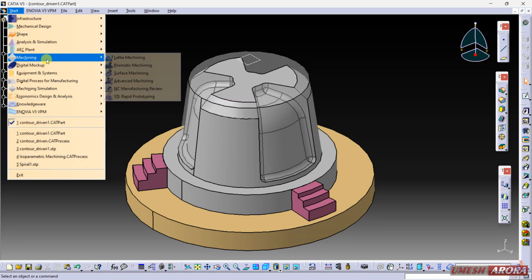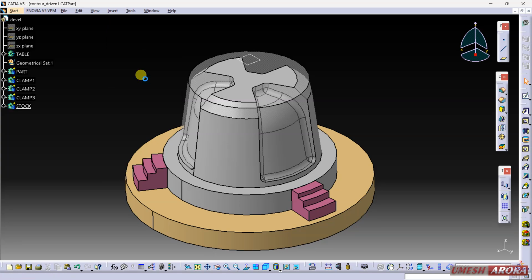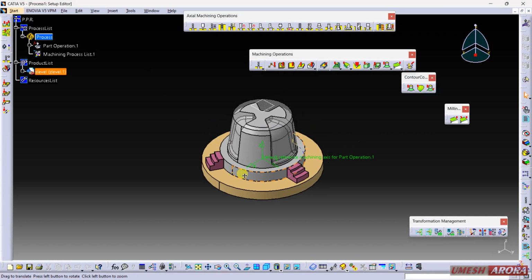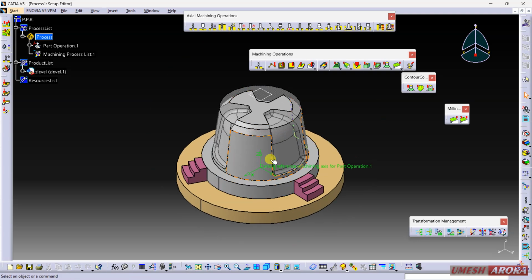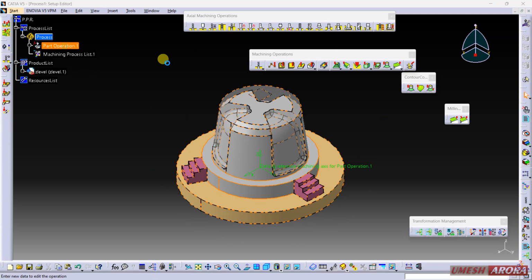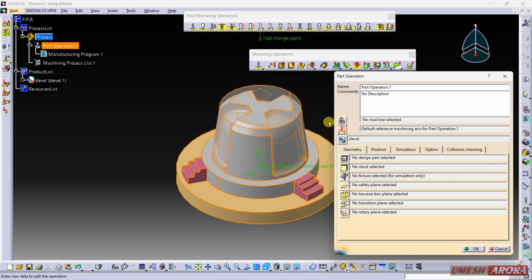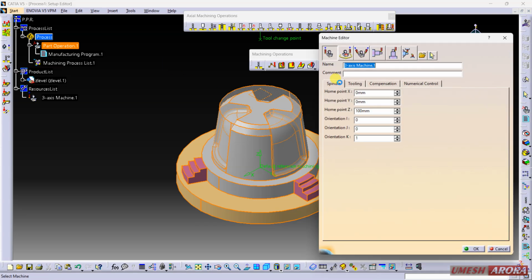Come here and go to advanced machining. Double click on part operation, and this time my machine is again 3 axis.